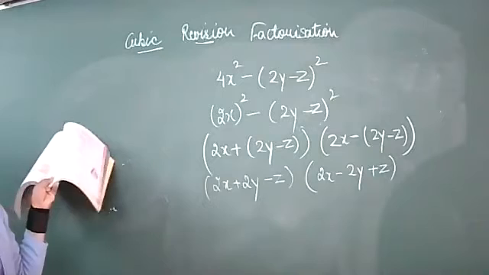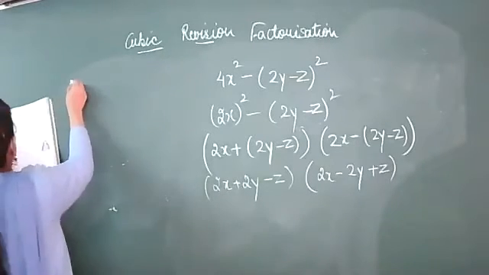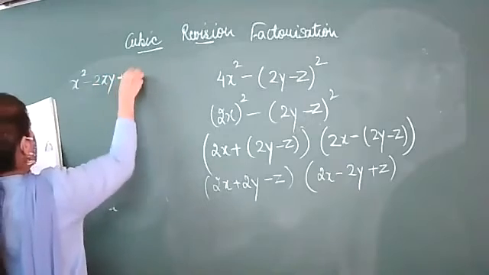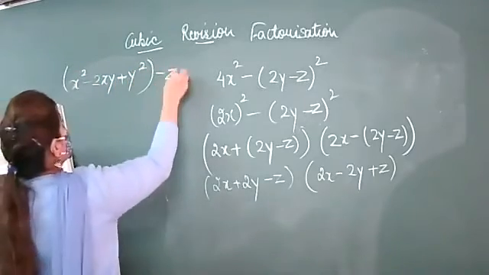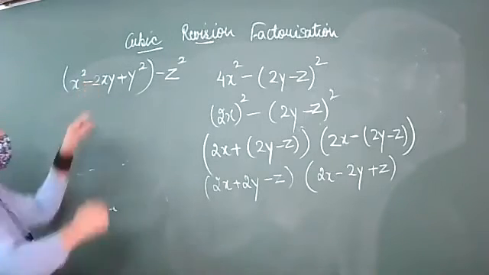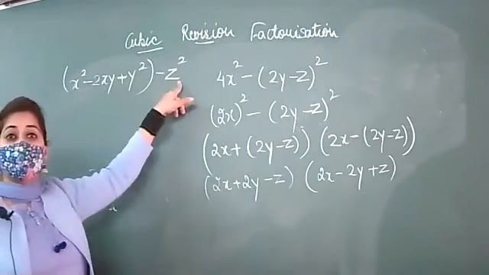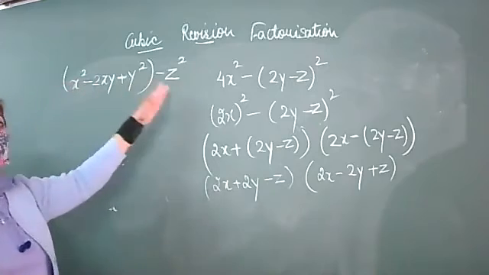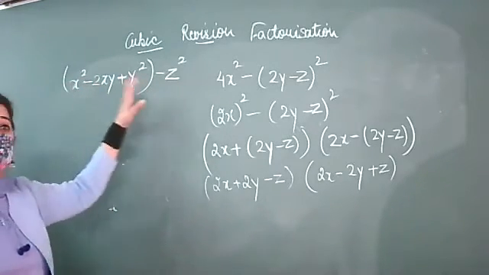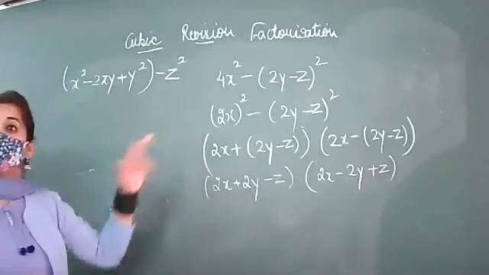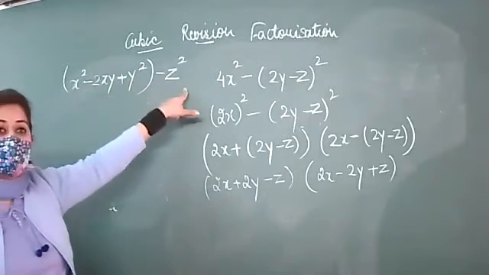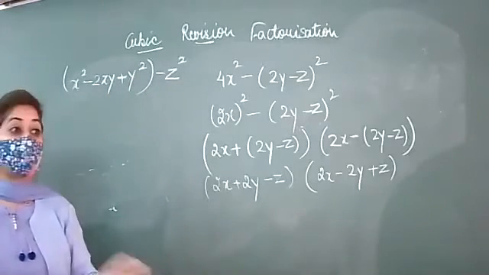Actually आपने ब्रैकेट्स फॉर्म करनी है, तो मिक्स नहीं करना कुछ भी. Next is x square minus 2xy plus y square minus z square. Do this question. Again, this is having xy and this z is there. So it doesn't have any relation with z. So don't mix them up. Don't open the bracket. Actually 4 terms are there, but you can't make the pair of 2. क्योंकि यहाँ पे xy है, यहाँ पे yz है, so no relation at all. So don't open the bracket.